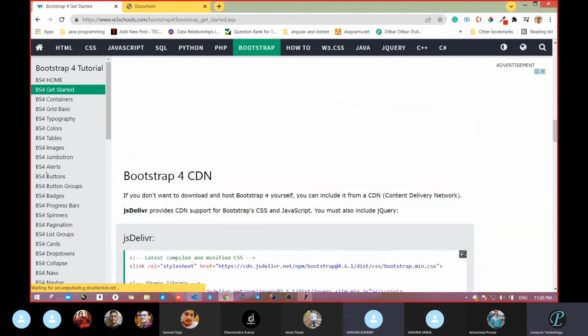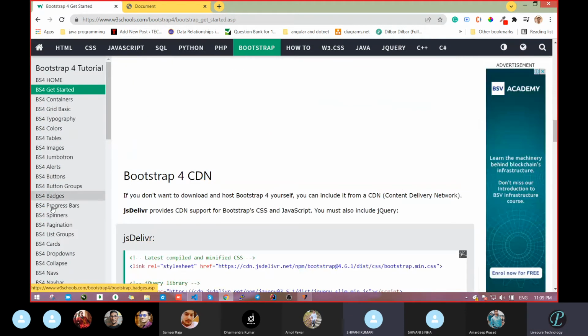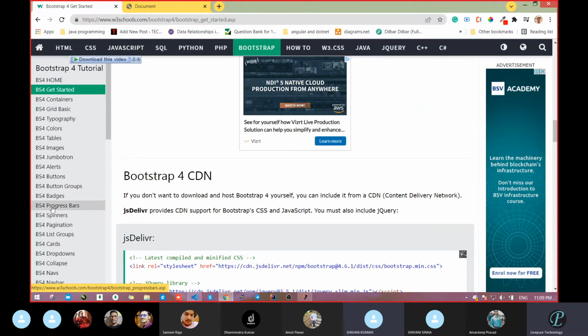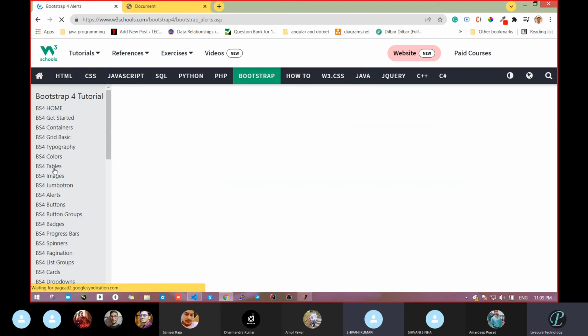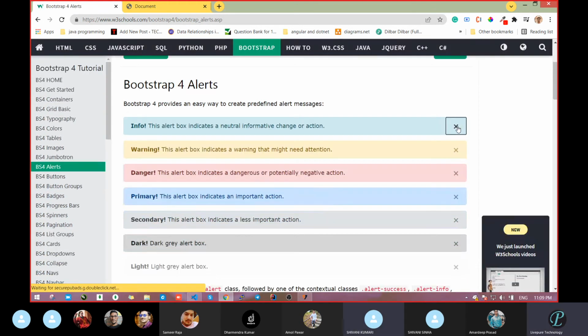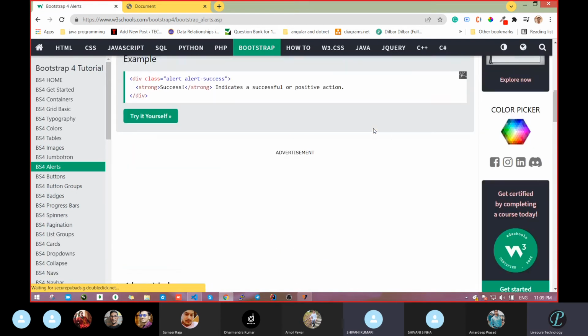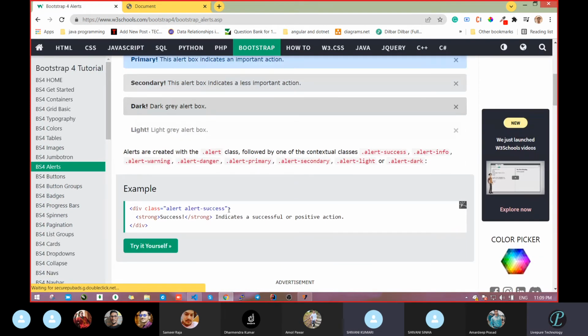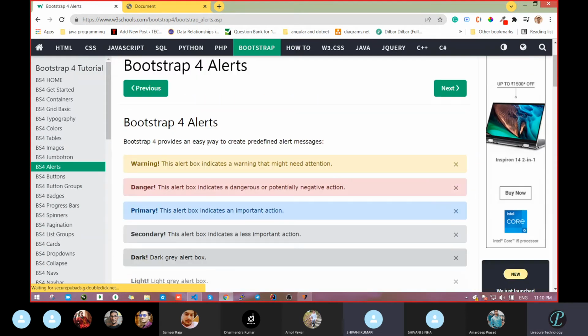but only if you have an idea. Suppose you have to make something pop up, like a success message, when we are doing registration and after successful registration, we know some alert is there. Go and open the alert. See, alert is there. Clear? If we want it somewhere, open the code class. Just check which class is working. Take this class and add it in your code. That's it. Keep in mind this design.